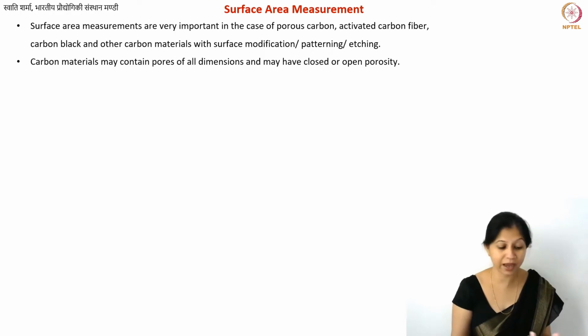So the idea is, should we only be able to measure the net surface area, or is it also possible for us to know which types of pores we have? Are these small pores that are increasing, or the larger ones? You know that both are important for us. So we'll see how we can do that.